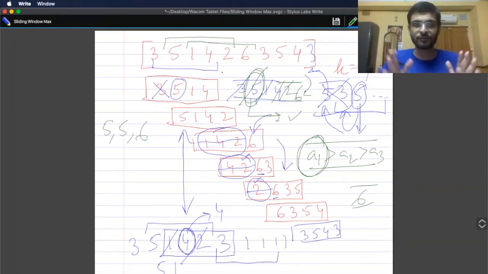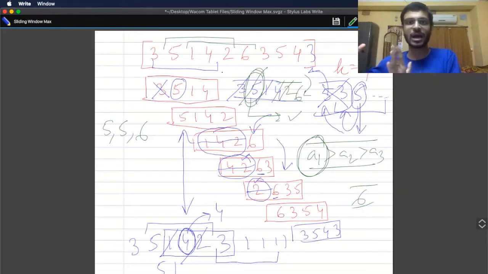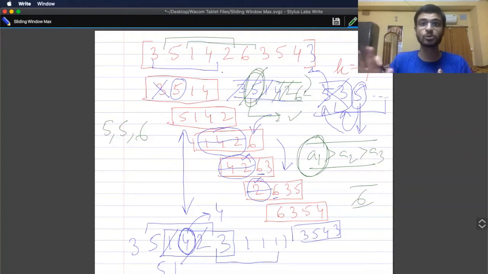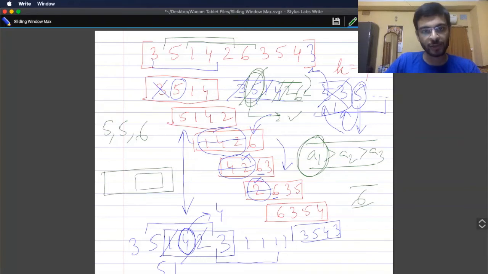सो बाय नाउ यू मस्ट हैव गॉट द आइडिया कि हम कैसे एक विंडो को या फिर एक स्ट्रक्चर को मेंटेन करते हुए आगे बढ़ रहे हैं। हम बोल रहे हैं कि उसको हम एंड से, राइट से घुसाएंगे, और घुसाते समय हम राइट से कुछ चीज़ें निकालेंगे। विल बेसिकली रिमूव सर्टेन वैल्यूज जो हमारे लिए अनइम्पॉर्टेंट हैं। अब आप कह सकते हैं कि हमने यहाँ तक कुछ वैल्यूज रिमूव किया, और फिर यहाँ पे कुछ वैल्यूज हमने रिमूव नहीं किया, इधर पे मान लेते कुछ 5, यहाँ पे कुछ और रिमूव नहीं किया।